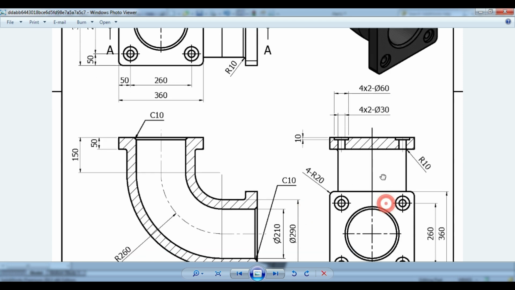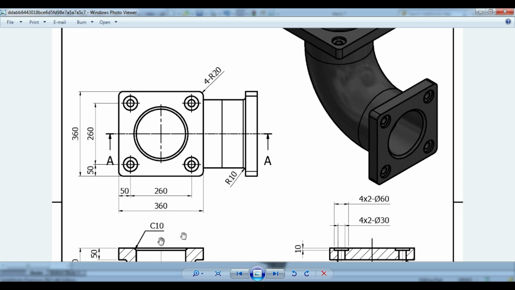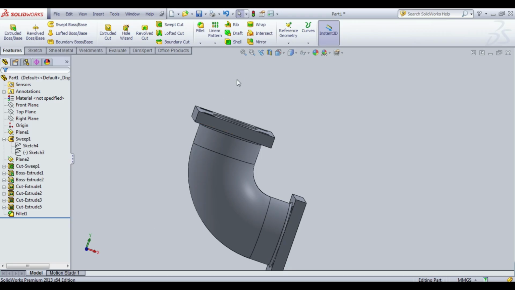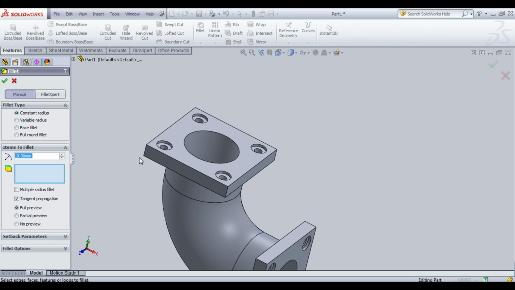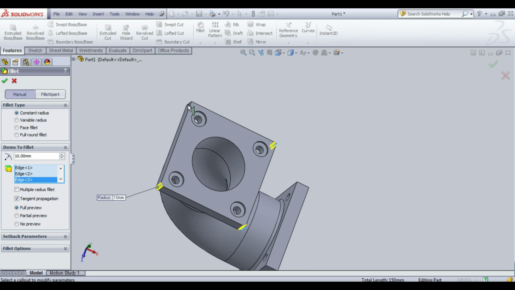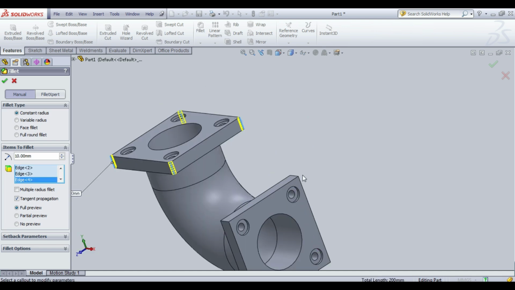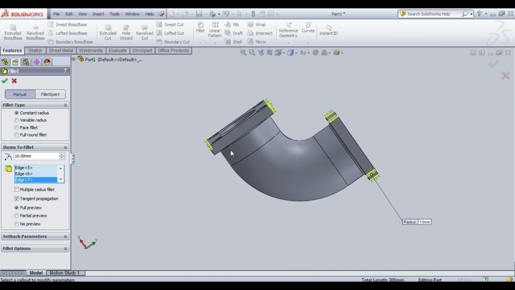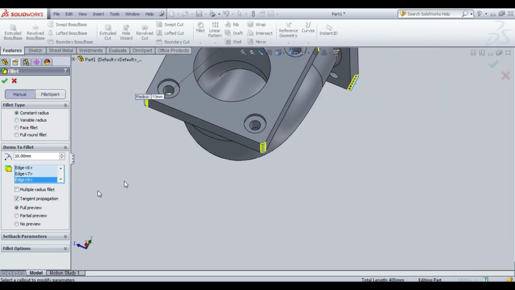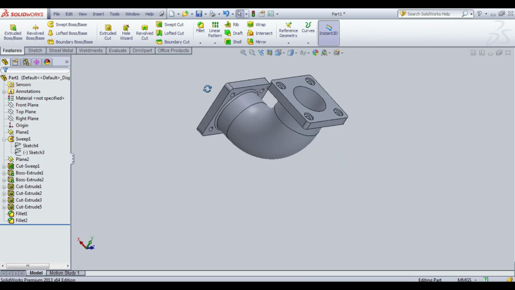This is same for both sides. Change the radius to 20. Click OK. Completed.